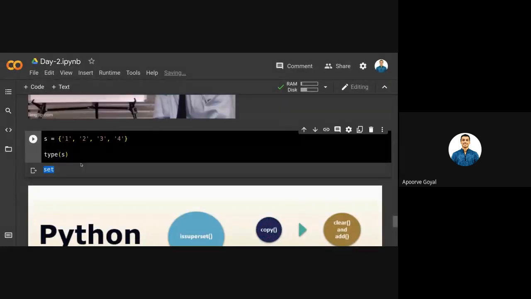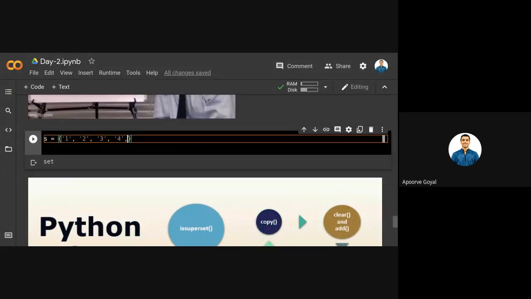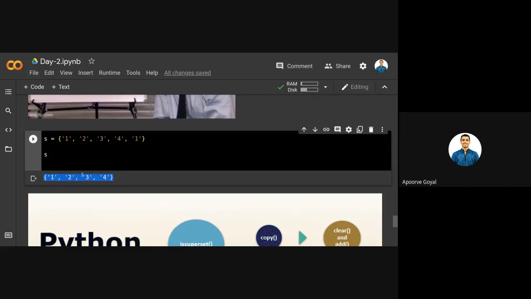Now, another concept of set, as you must be knowing, is that a set cannot contain the same value more than one time. Suppose I enter 1 two times. Now let us print set s. It will print 1 only one time.